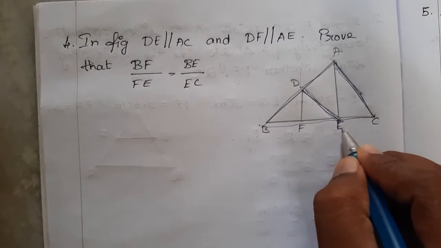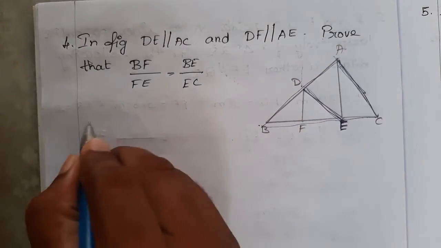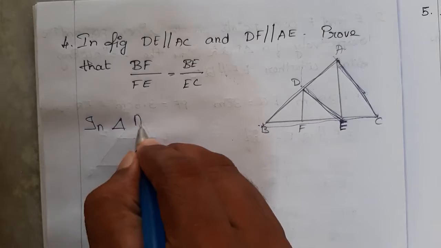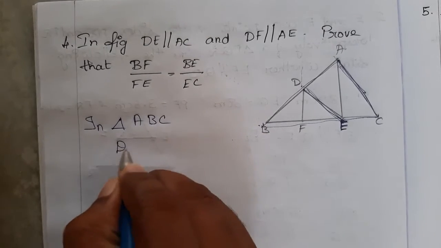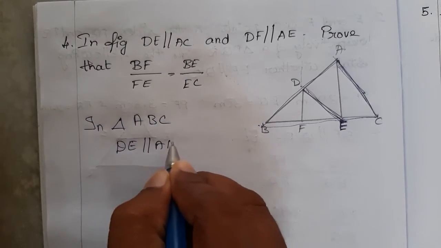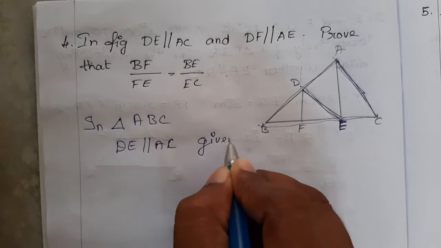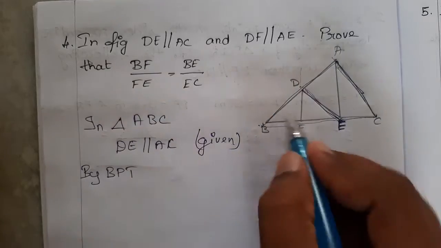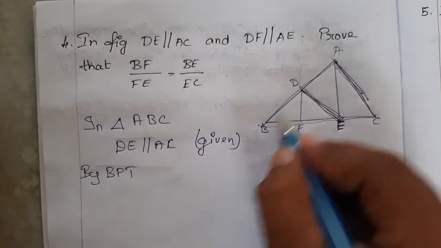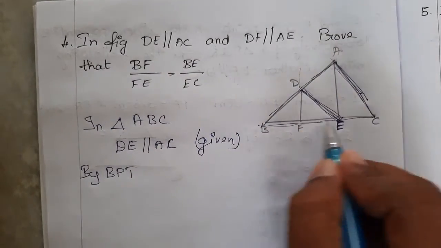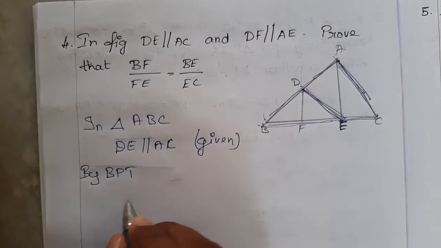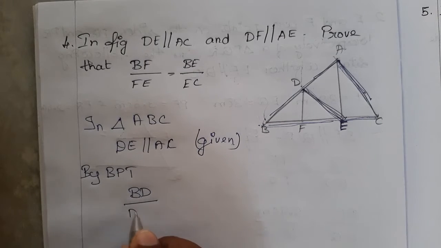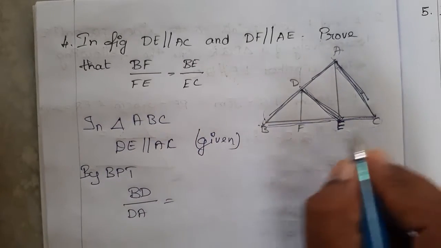So this is the point E. Let me show you. So in which triangle do you consider? ABC. DE is parallel to AC. This is what is given, right? If it is parallel, then by BPT, this is the parallel line, and this is a triangle. So these are the ratios of sides. So BD by DA is equal to BE by EC,